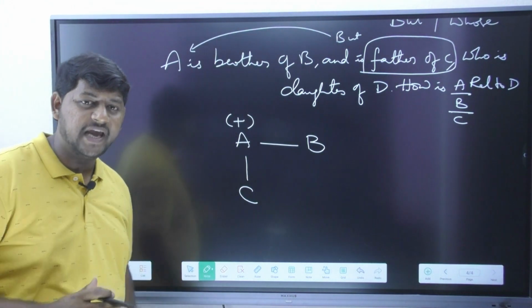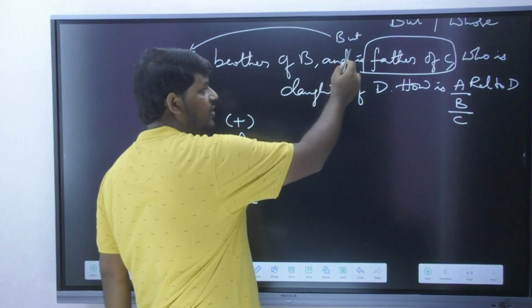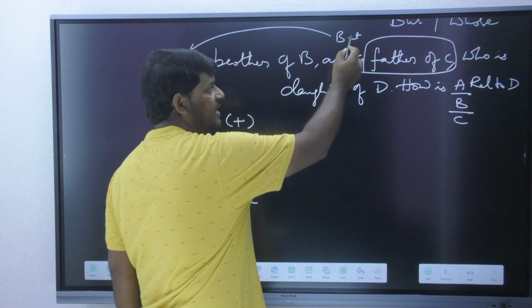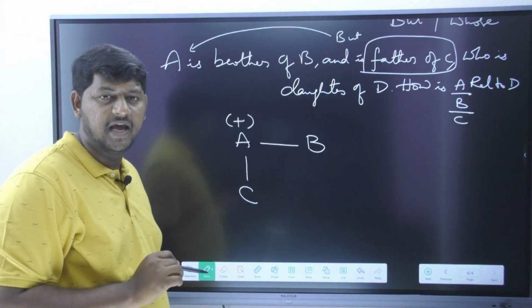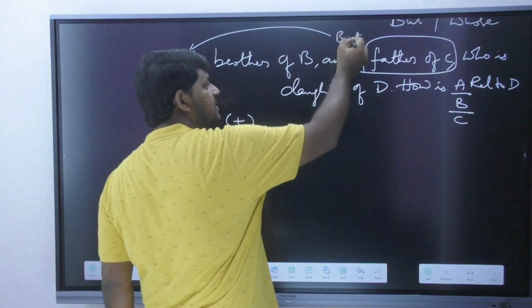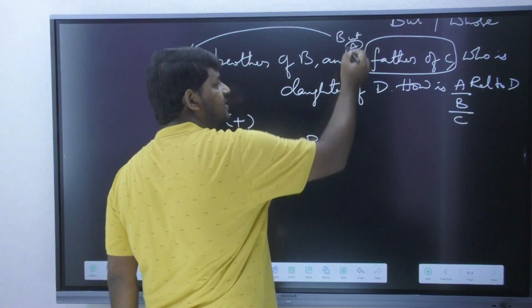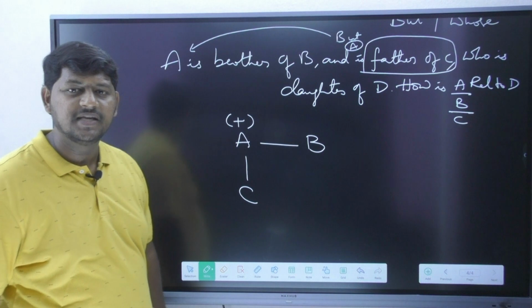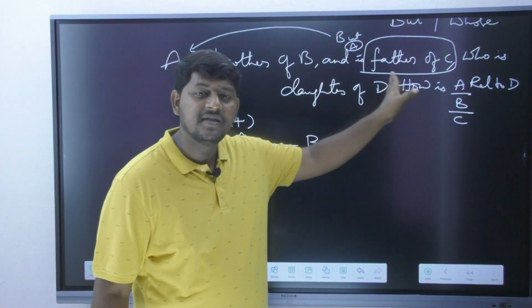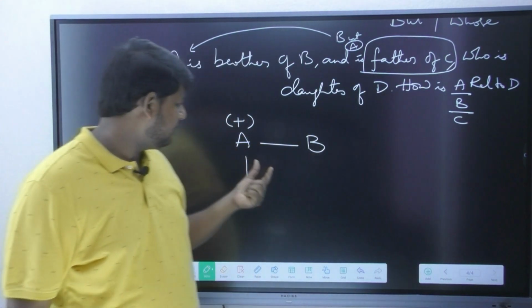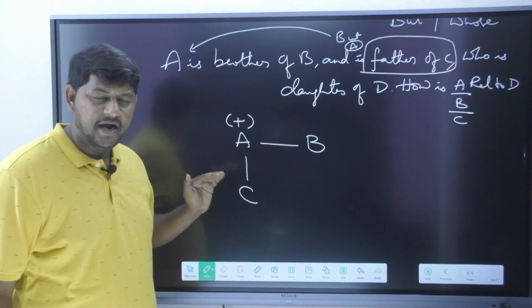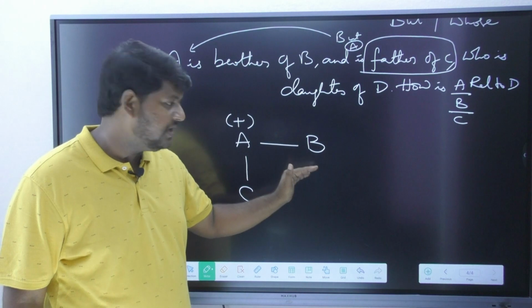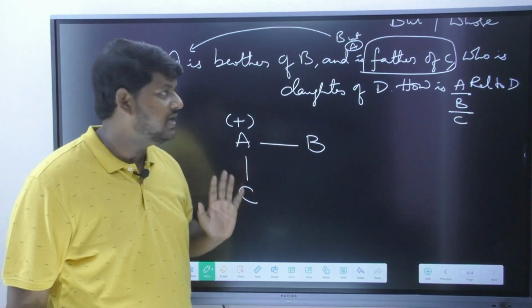Still if you are having any confusion, whenever you see the keyword and, is, but, try to figure out who is the first person in the line, place that person over here and read your sentence. Now if I read my sentence, it becomes what? A is the father of C. When A became the father, for whom? C. Now I do not have any information regarding B and C's gender.